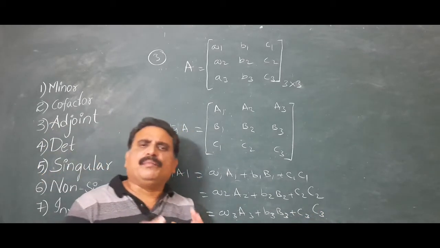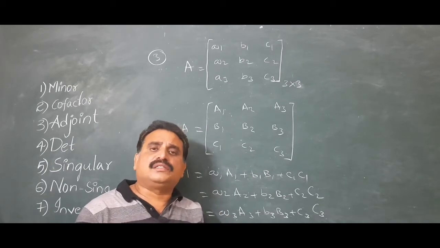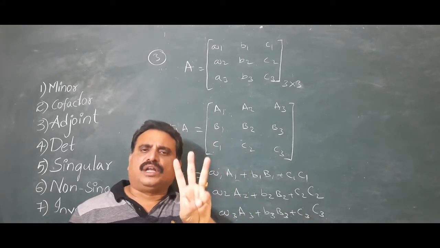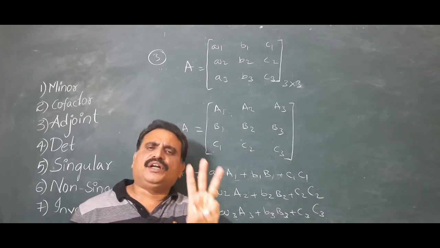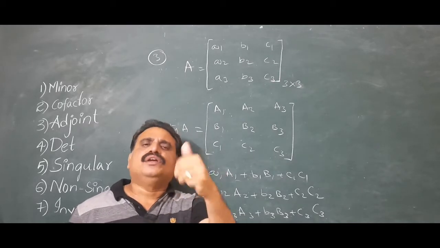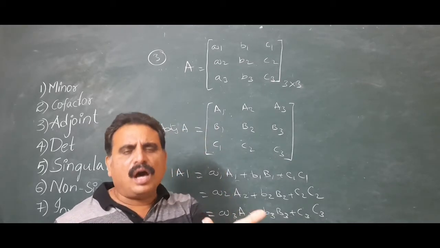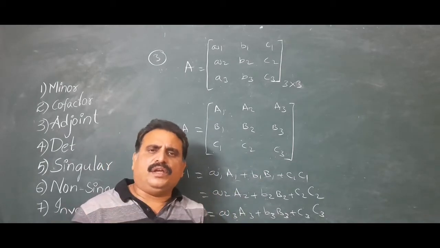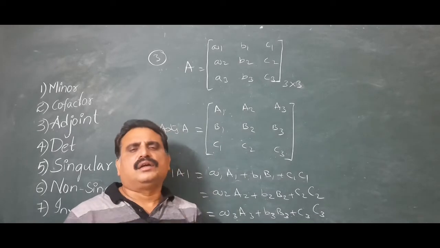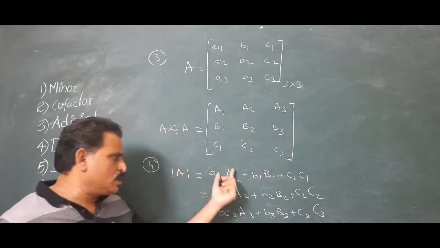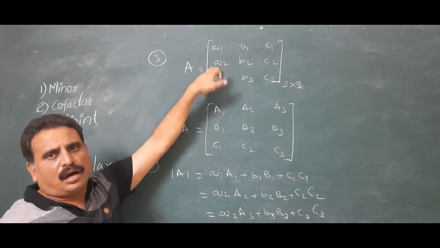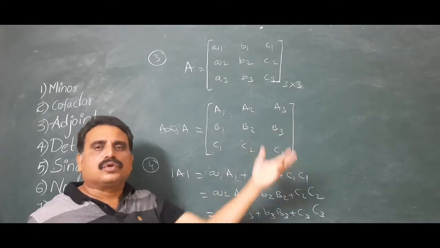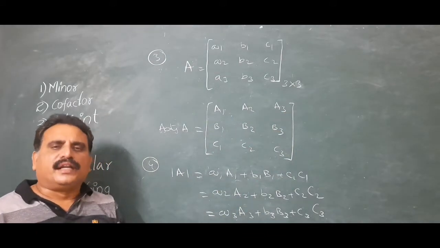So, the determinant of the matrix can be evaluated in 6 ways because the matrix contains 3 rows and 3 columns. The determinant of a 3 by 3 matrix can be evaluated in 6 ways, by using a row or by a column. In every method we get the same answer, no change. As well, if you take a column and its corresponding cofactors, the sum of the products gives the determinant.